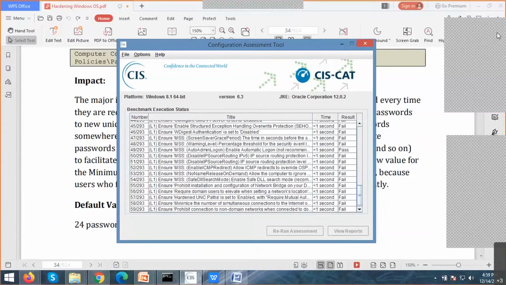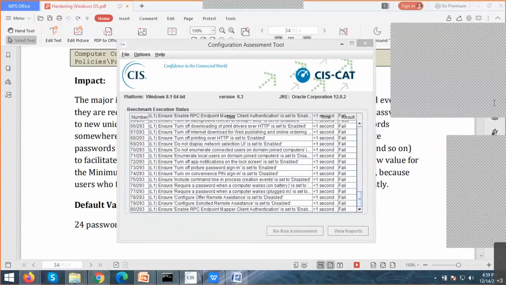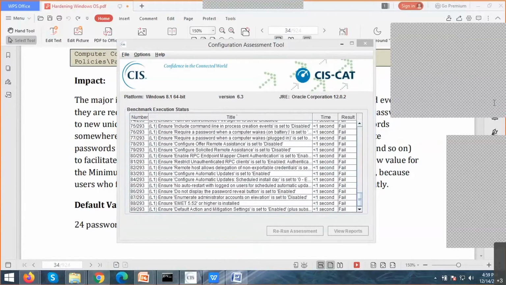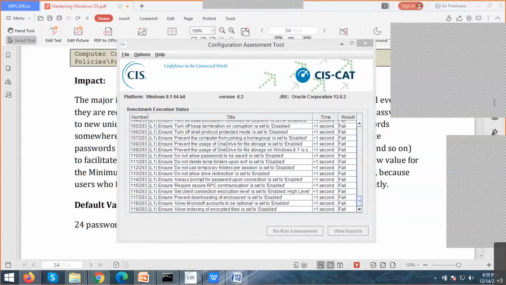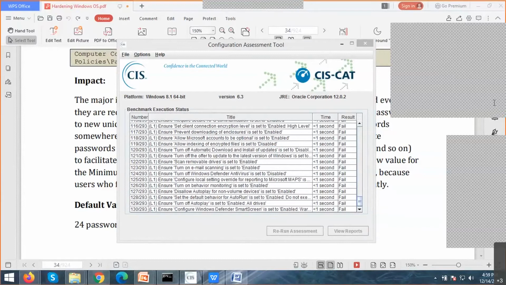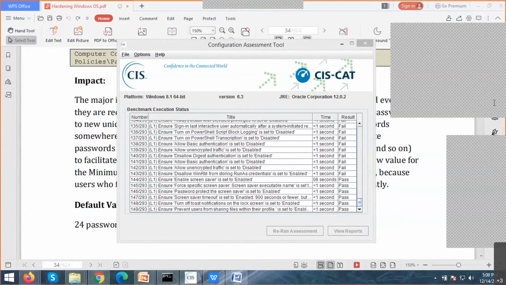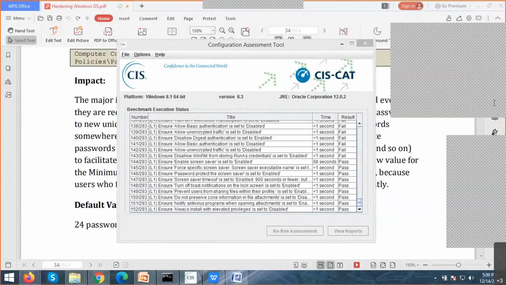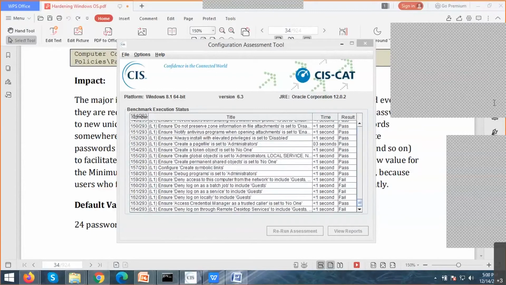Sir, what profile we need to do? Yeah, we have to select a level 1 profile, sir. So I think all the checks, unless and until it gives... What do you mean by 1 plus ng? Yeah, only one. Not BitLocker, only level 1.